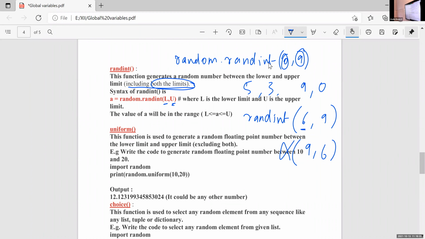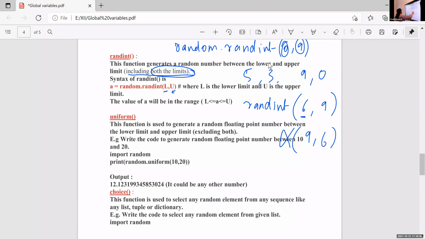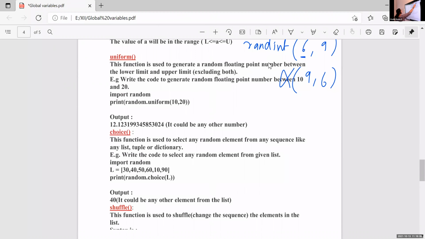Then next one, it is uniform. This uniform function is used to generate a random floating point number. Another floating point number representation is random. Simple random will generate a floating point number between 0 to 1.